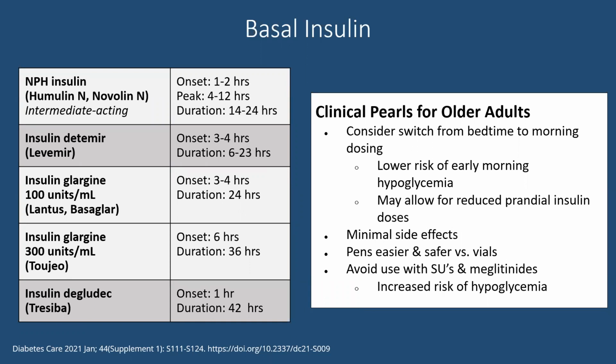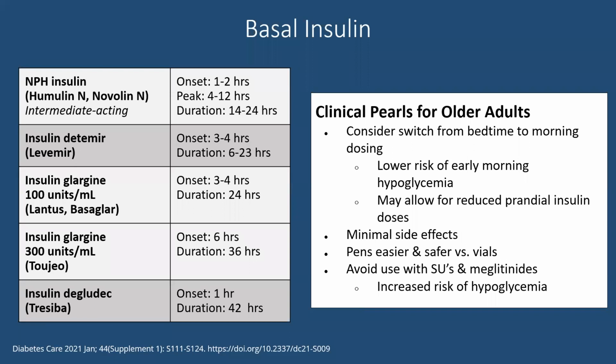Then I want to spend a little time going over insulin. So a lot of time, there's so many insulins out there. It can be really confusing about which one to use. So for your basal insulins, there are now 5 basal insulins, if you consider NPH basal. It doesn't quite fit in this category. It's more of an intermediate insulin, but just historically, when Lantus came out years and years ago, in clinical trials, it was compared to NPH. So with NPH, there's a clear peak, and with Lantus, there isn't one. And that's how it became very popular right away.